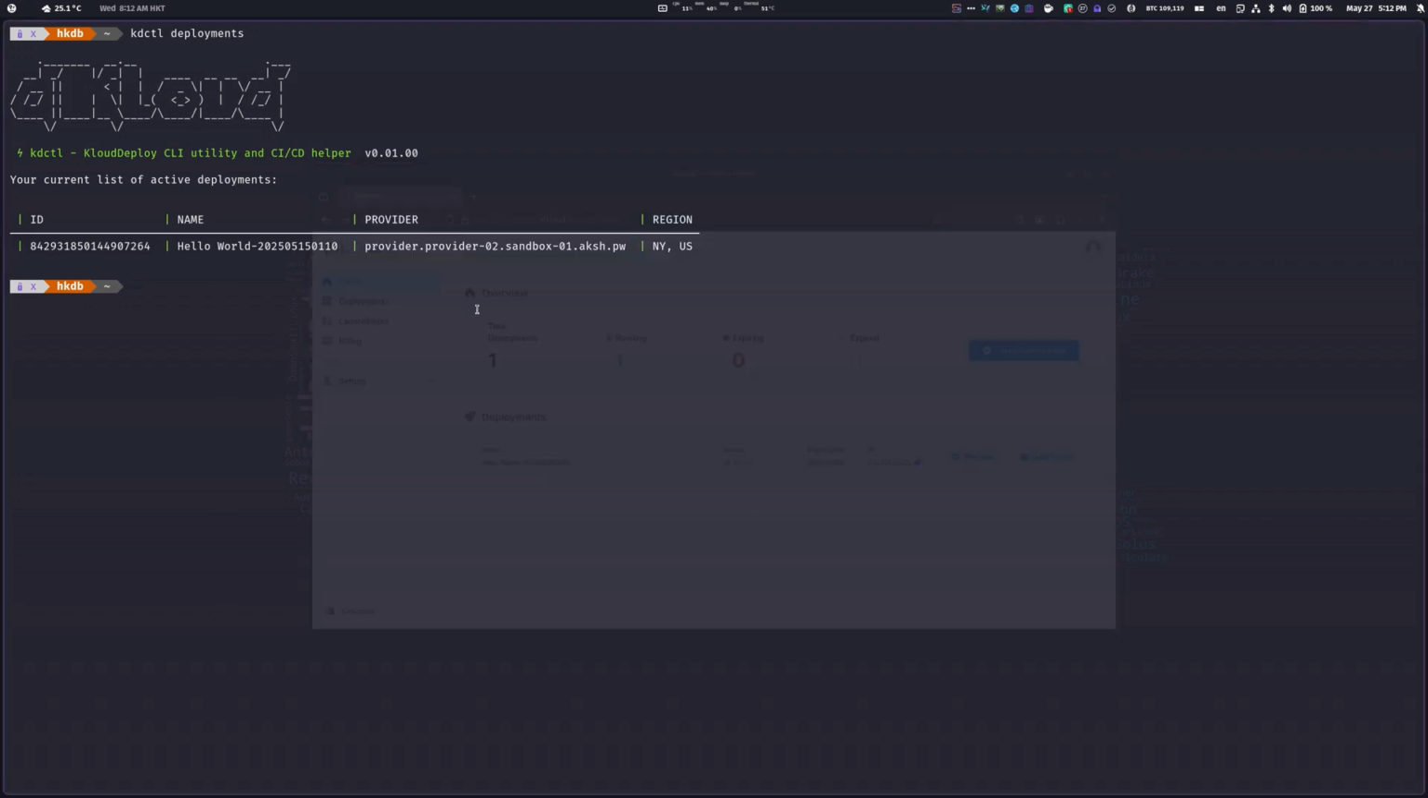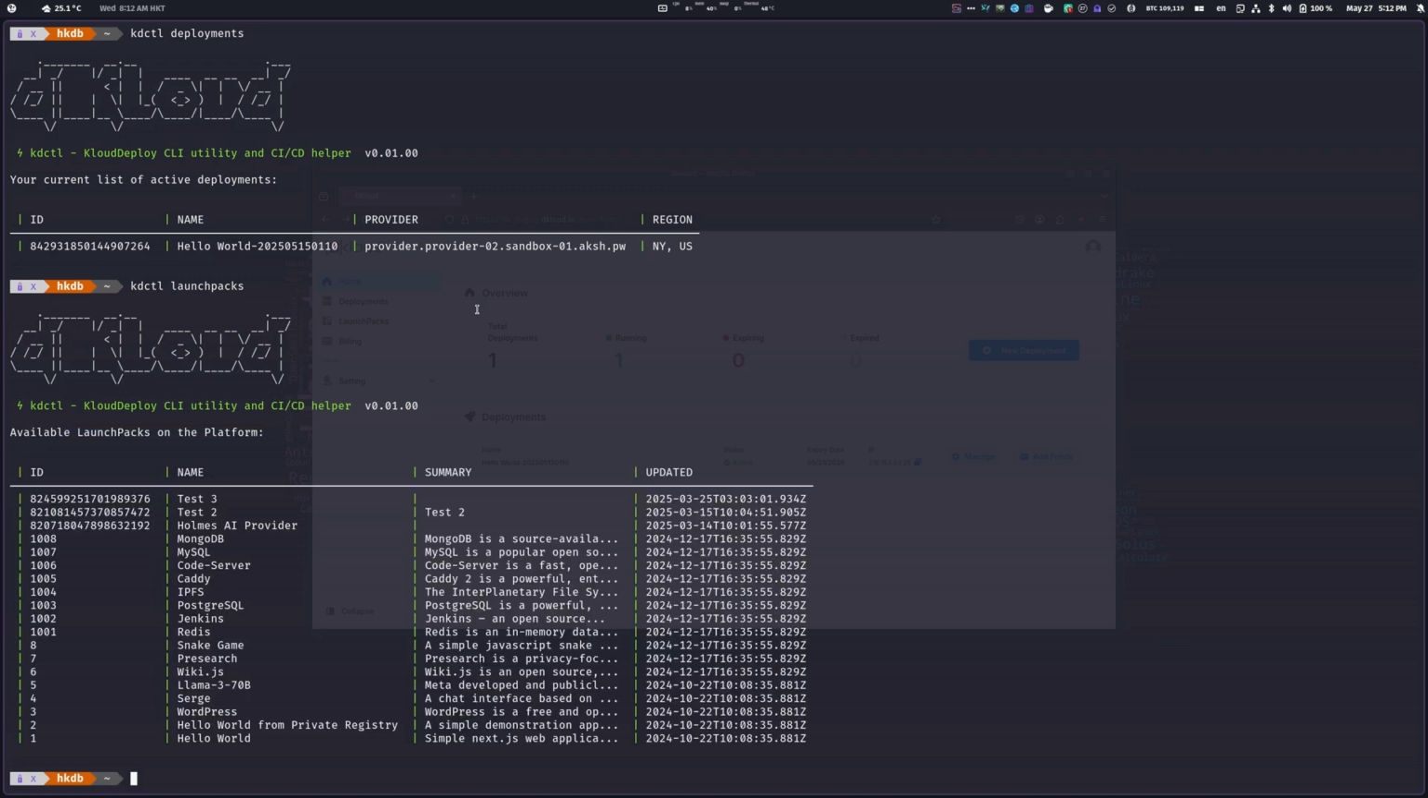Now, in order to make a deployment, we need to first find out which launchpack we're going to use. So you can take a look here by using the launchpacks action. For the simplicity of this deployment, we'll use hello world again, which is ID 1. And of course, this is under the assumption that, if it's a custom deployment, you already filled out a launchpack,